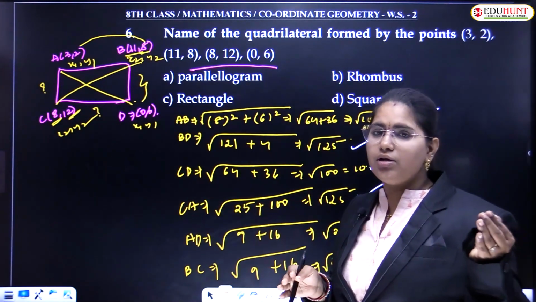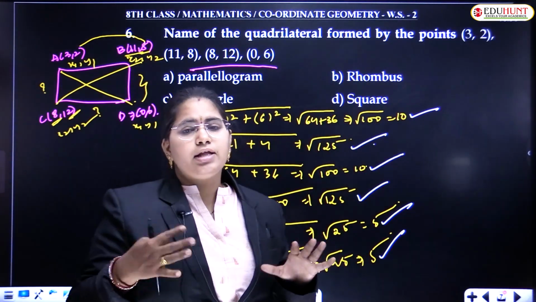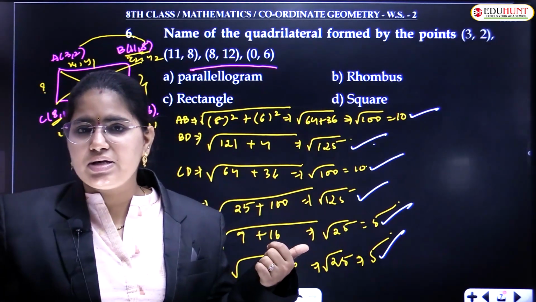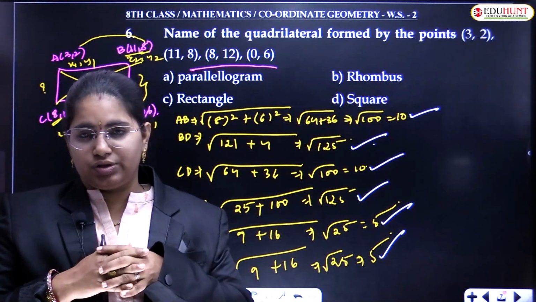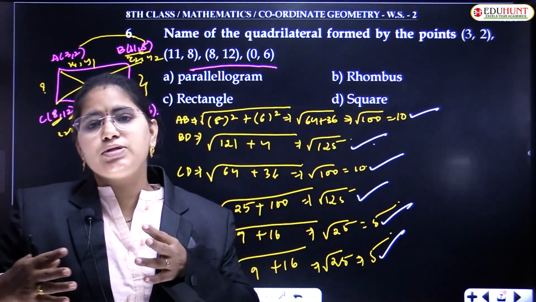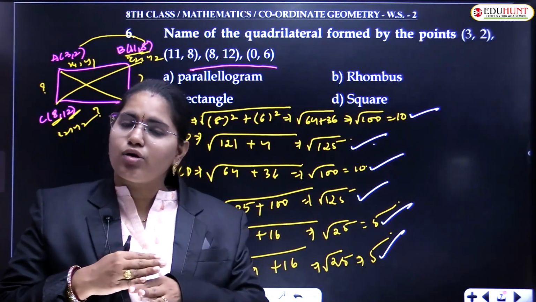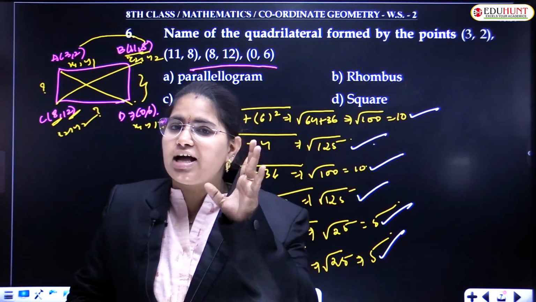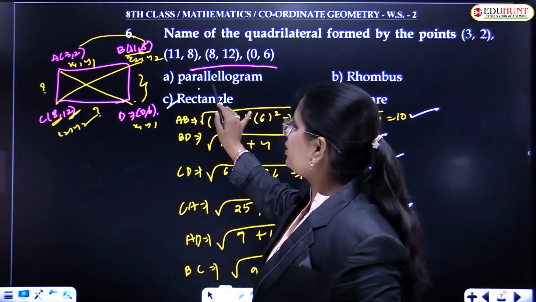In the last question we didn't get equal diagonals. We just got opposite sides equal, and the lengths of the diagonals were different in that question. But in this one, if you observed, the lengths of the diagonals are also equal. So if the pairs of opposite sides are equal and parallel, and at the same time the lengths of the diagonals are also equal, that means the quadrilateral is a rectangle. Correct? Very good. It is a rectangle. So this will be my option.